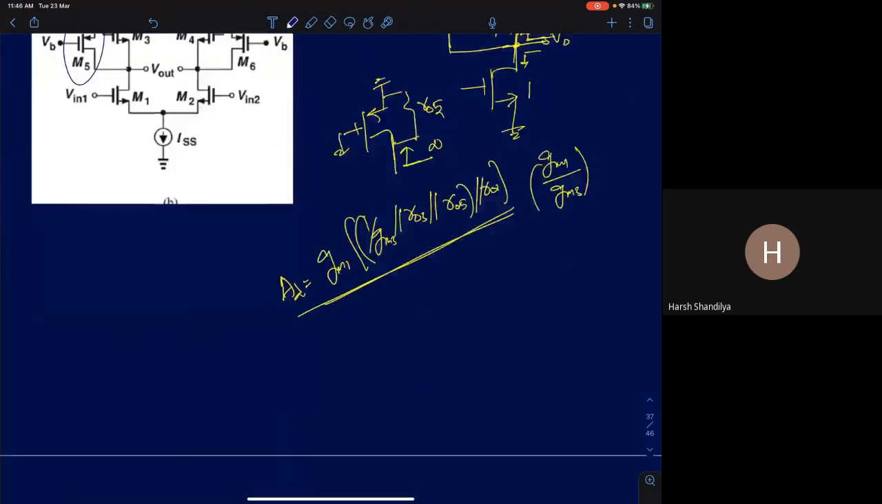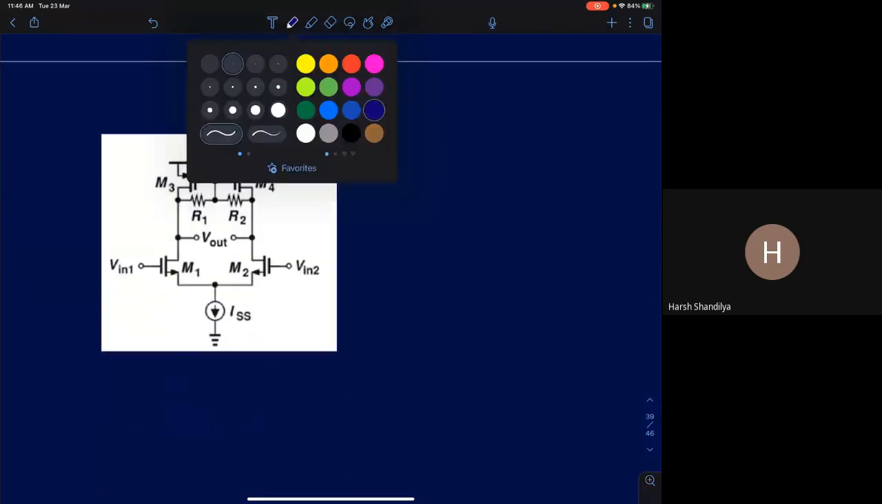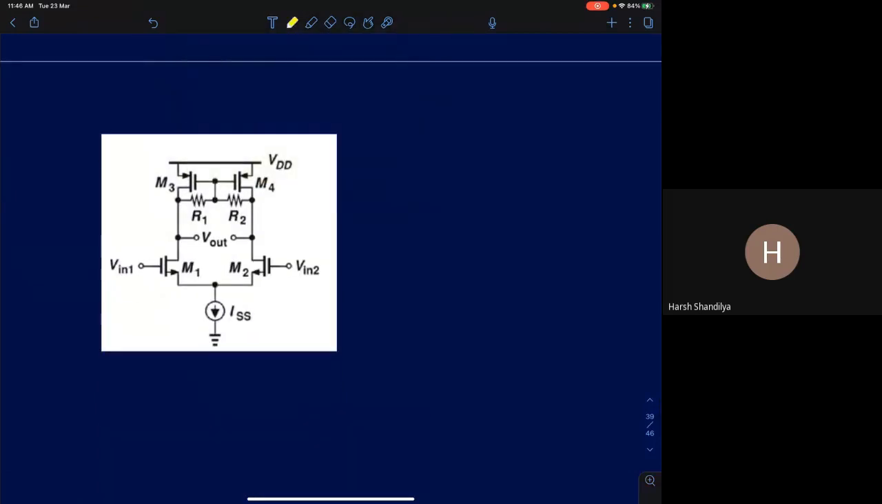So we'll analyze the next circuit. This is the next circuit given to you. Your goal, the first step, the moment you see a circuit like this, is that you should automatically start drawing the